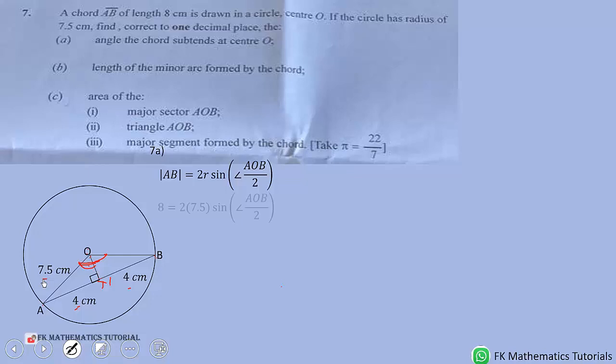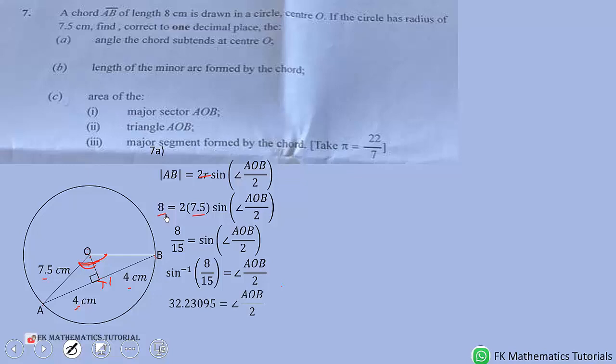So you just substitute the values inside. The radius is 7.5. You put it there. Then the length of the chord, any chord, for this chord AB is 8. So you put it there. Now you divide both sides by 15 to get this because 2 times 7.5 is 15. You take sine inverse of both sides. So sine inverse of 8 over 15 is